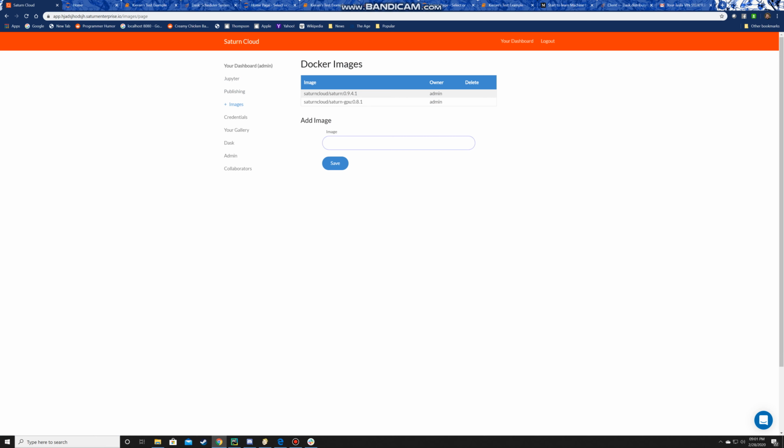So let's say you wanted to bring in a Kafka Docker image, or a certain version of Pandas that you really like. I know that 1.0.0 just released, but let's say you wanted to bring in 0.25.1 because you really like that one. Then great, you can just write in here pandas 0.25.1. You would do this, and you would add your image by clicking save.